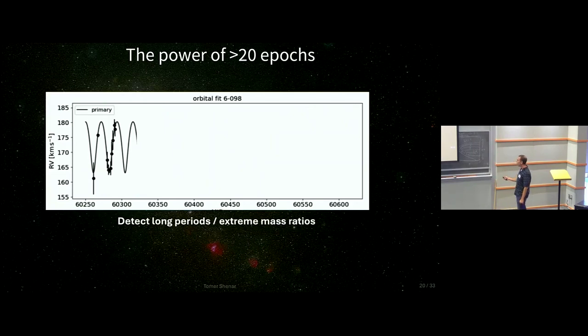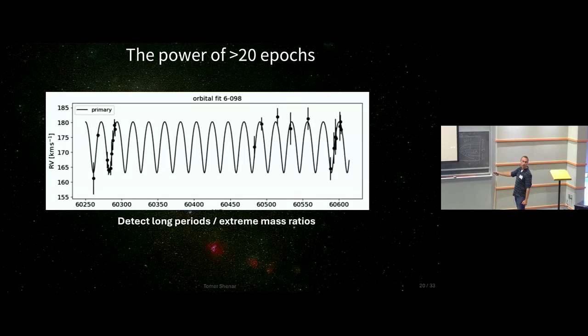One thing that this number of epochs allows us is to go past this standard 20 kilometer per second threshold that we usually use. This is an example of a binary that, if you just see the first 9 epochs, even though I plotted a sine here so it's clear that there is a periodic signature, you would not call it a binary. It would not pass your criteria. But now we have all these epochs and it's absolutely clear that there is a period in there. Basically this allows us to probe more extreme mass ratios and get to longer periods than we could